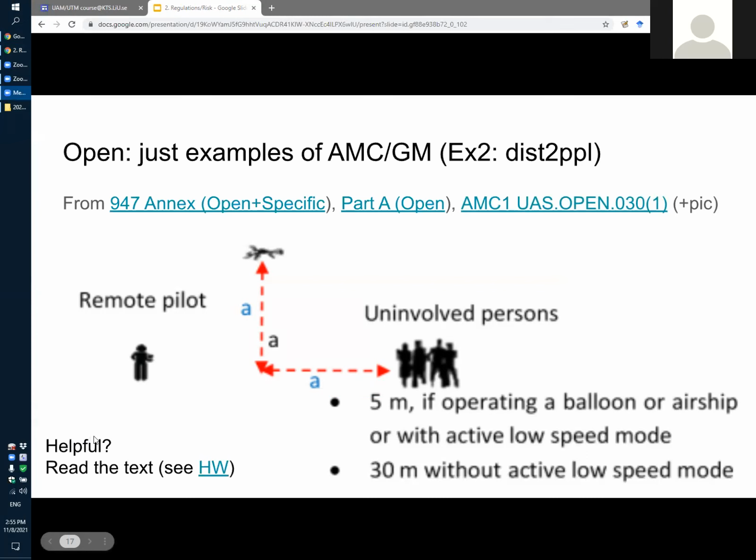Whether this picture is particularly helpful, again, you decide, but if it's not, you go back and you read the text. And in the homework, I actually ask you to go and read the text and solve a specific problem. Okay, so just a couple